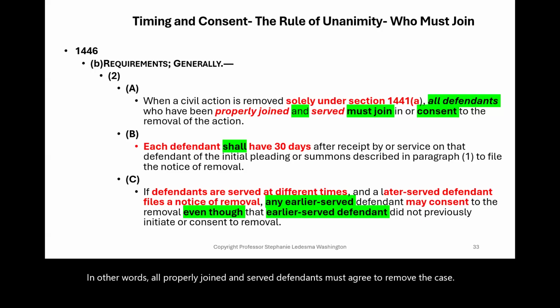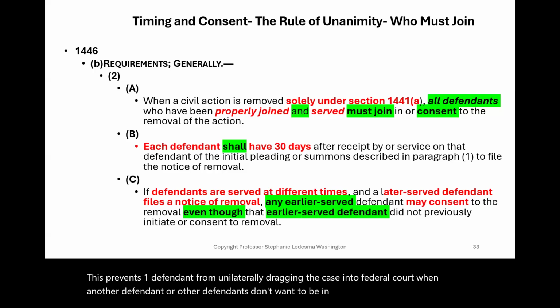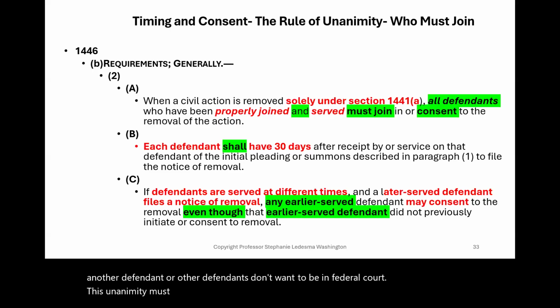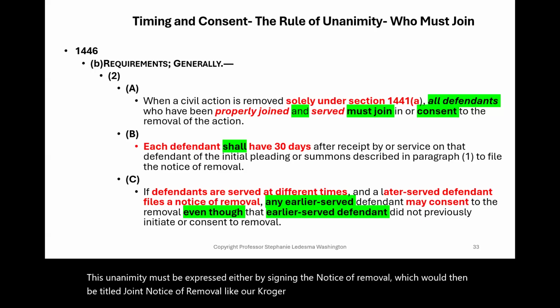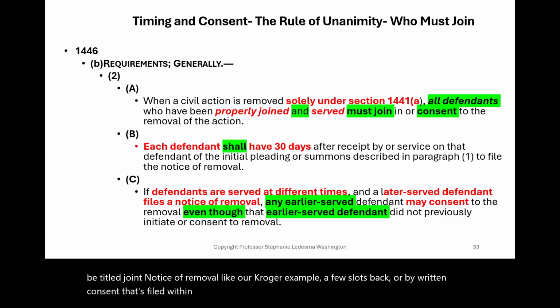This prevents one defendant from unilaterally dragging the case into federal court when another defendant doesn't want to be in federal court. This unanimity must be expressed either by signing the notice of removal, which would then be titled joint notice of removal, like our Kroger example a few slides back,